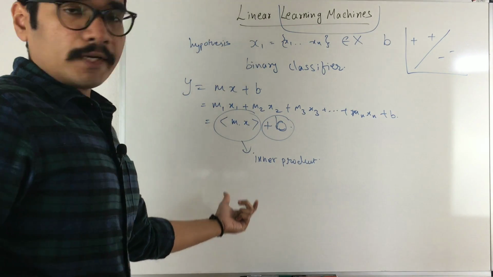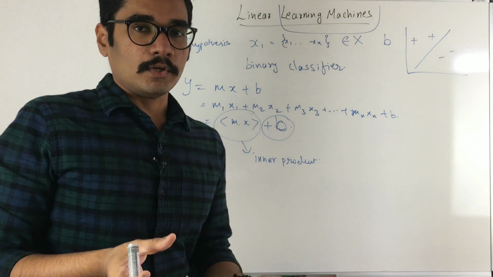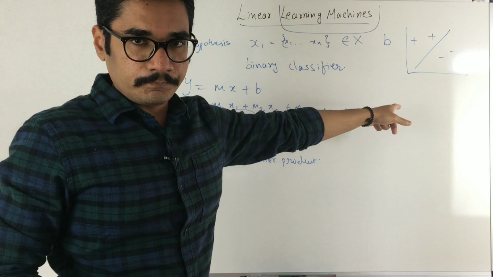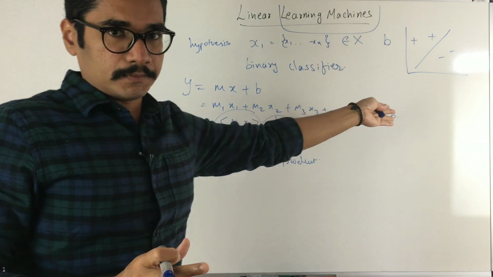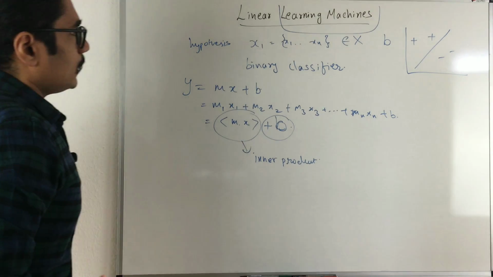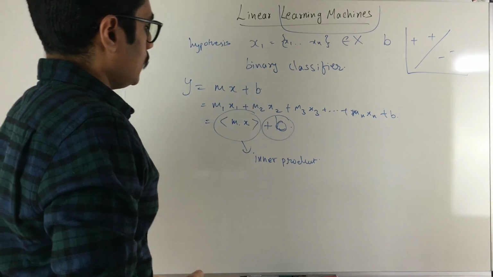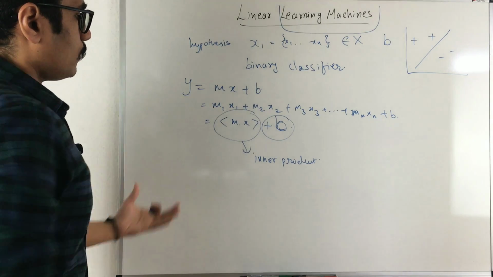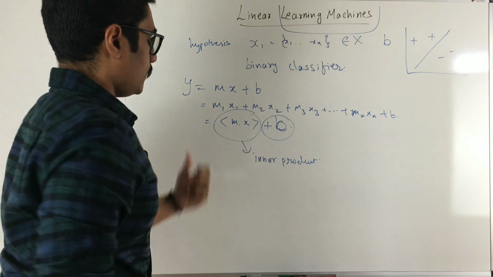One peculiarity of this is that it is a scalar, so you can multiply these things and you will get a particular quantity. That defines how well your hyperplane, or whatever your line is, can be put into the space, the feature space. That essentially is the main important step that you learn in linear learning machines: a linear combination of your input variables, represented as an inner product. With the help of this, what you see in these angular brackets are the essential components that you need to have.